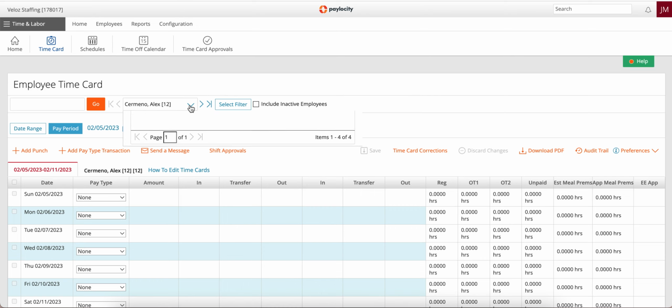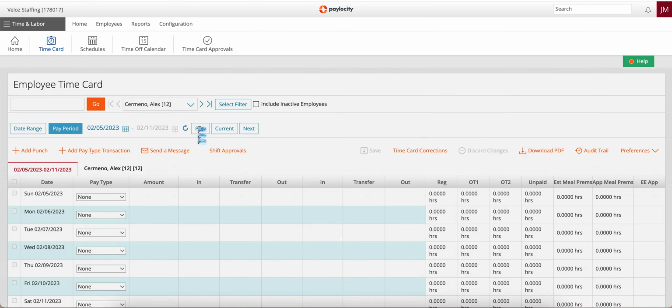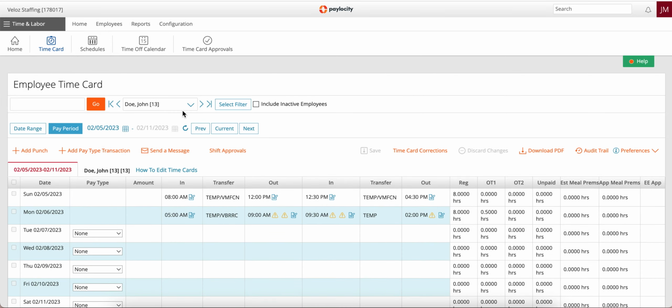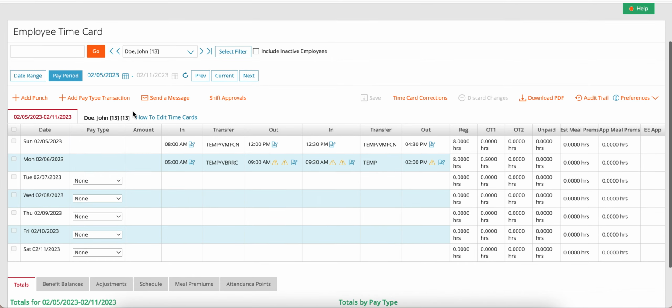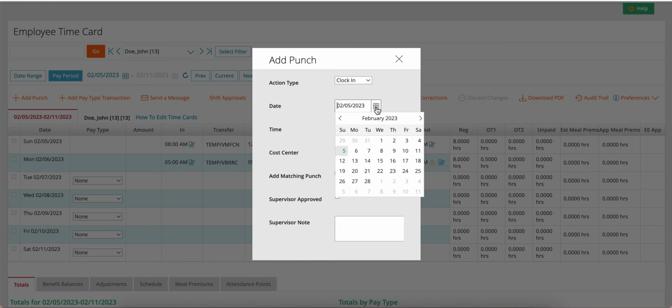From there, you will be able to select any of your employees and also select the date range. In this example, we'll be looking at John Doe's time card. If we want to manually add time punches, we can do it a couple of ways. First thing we'll want to do though is click on Add Punch, select the punch type and the day,